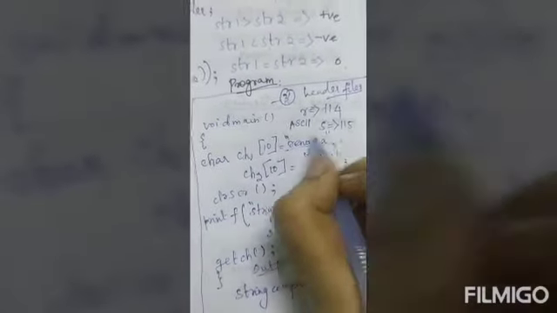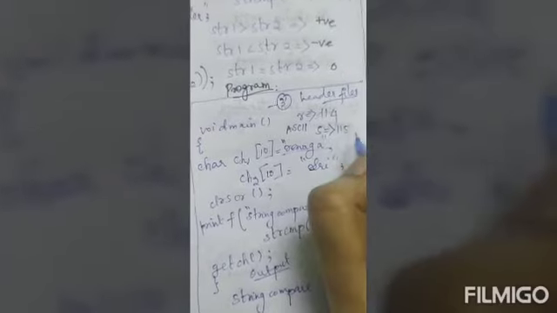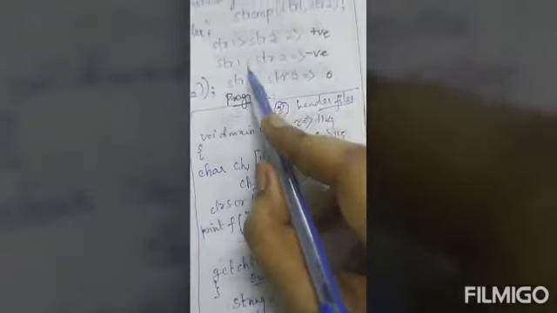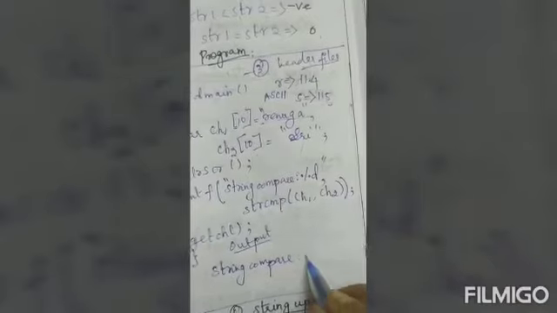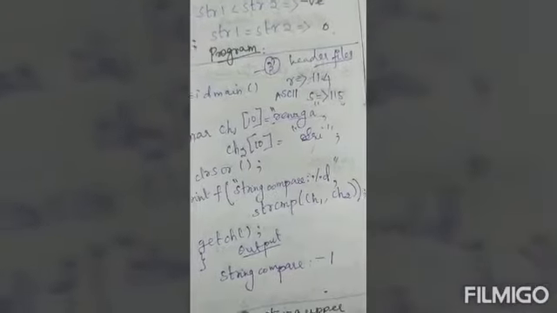So here this is string 1. This string 1 is less than string 2. 115 is a bigger number than 114. So string 1 is less than string 2 means your answer will be a negative value. So my output will be string compare, meaning the difference also is minus 1. That's all. This is string compare.